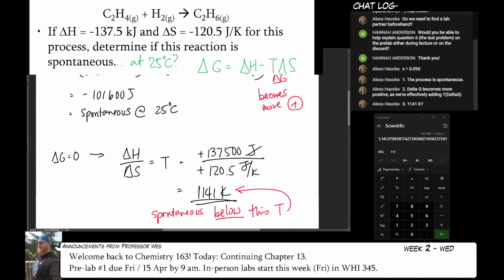Now, you're going to notice a trend with that. If you have a reaction where you're decomposing something, it's spontaneous at high temperatures. And if you have a reaction where you're combining things, they tend to be spontaneous at low temperatures. The reason is that at the highest temperatures, everything just sort of falls apart. Things just break. So if you have a reaction that's decomposing, which would be the reverse of the reaction you see here, the higher the temperature, the easier it is to do that.